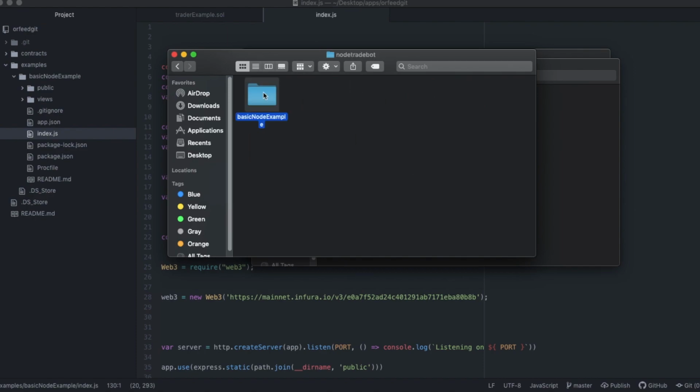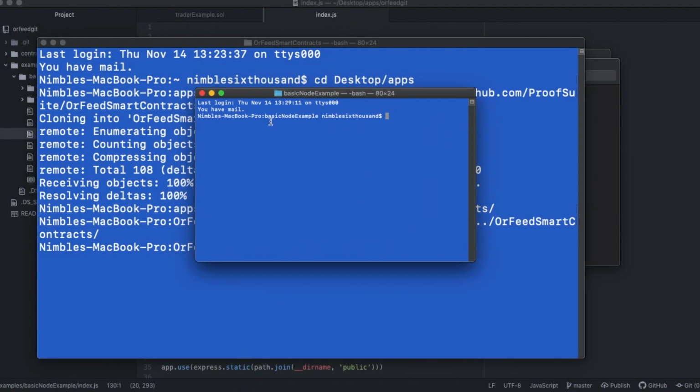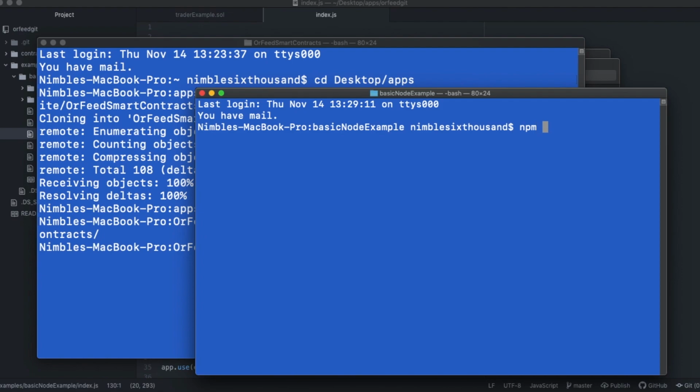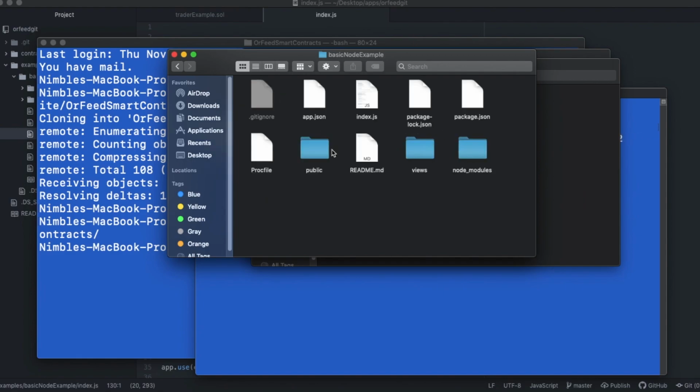And so here's what I'm going to do. I'm going to take this and drag it over into your terminal. Okay, so I'll create a new terminal window. The first thing you're going to do is type in npm. If you don't have npm and it doesn't work, you type in npm and it says something like command not found, then get it. But you'll say npm install. And then what it'll do is actually install everything that's inside of your